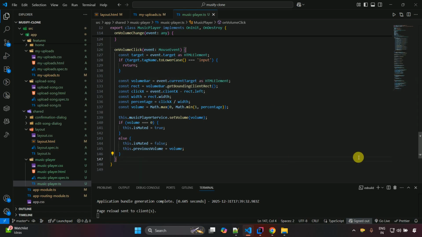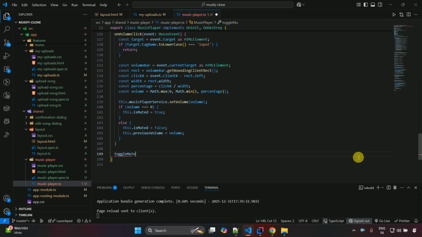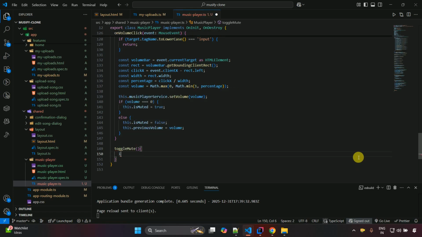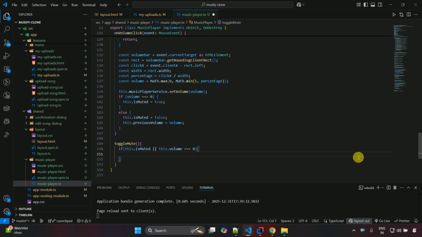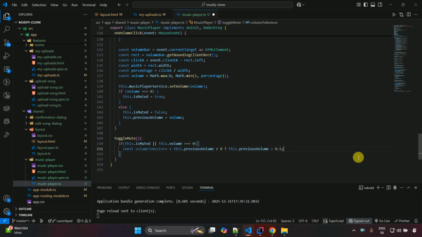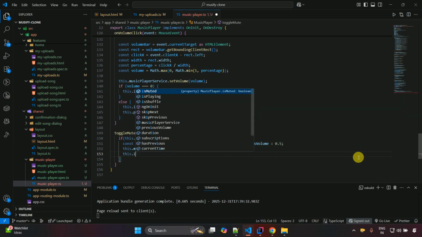Now let's do the next method, which is toggle mute. So the toggle mute method, and here if this.isMuted or this.volume equals 0, it means that it is muted, and const volumeToRestore, then this.previousVolume is greater than 0, or this.previousVolume, just pass 0.5, and this.musicPlayer.setVolume, here volumeToRestore, you have to just pass, and this.isMuted is set to false,